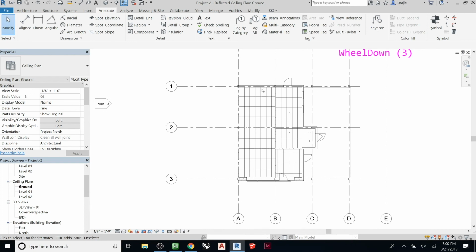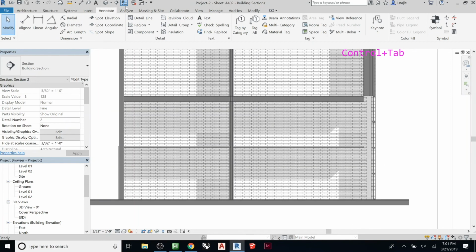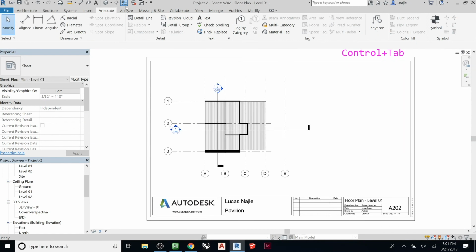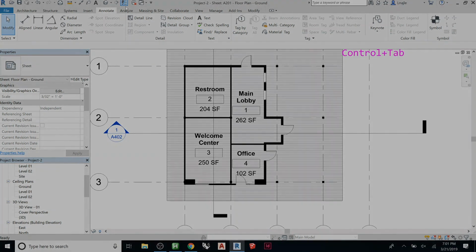So now that we have ceilings, that's how you do them. They're pretty straightforward. You can adjust the heights up and down and all that, and once we get into adding more detail, we'll look at more tools that you can use with ceilings, but that will get you 90% of the way there. So the next thing I